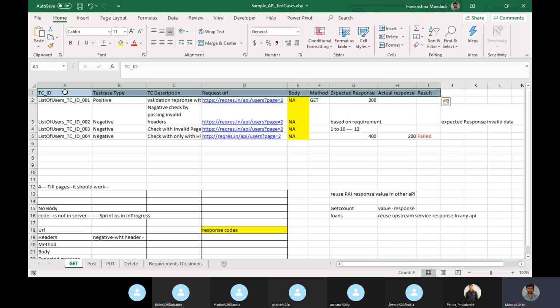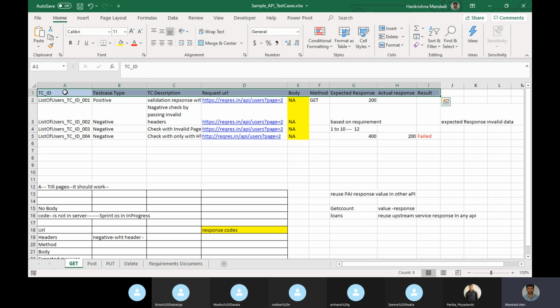Suppose my project people say everything should be in the form of feature files. In that case, we will not have this Excel sheet, we will have feature files. What do you mean by a feature file? If you create a notepad and save it as dot feature, that is a feature file. Notepad can be saved as a feature file. It can be written in the given-when-then format in plain English language. That is called a feature file.